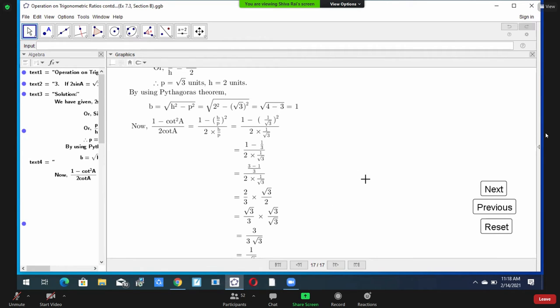If A upon B divided by C upon D, then what do you have to do? A upon B divided by C upon D equals, we have to write A upon B and into, write the reciprocal of C upon D. Reciprocal of C upon D means D upon C. Same thing we are doing here in this step. You look, in this step, we are just writing the reciprocal.